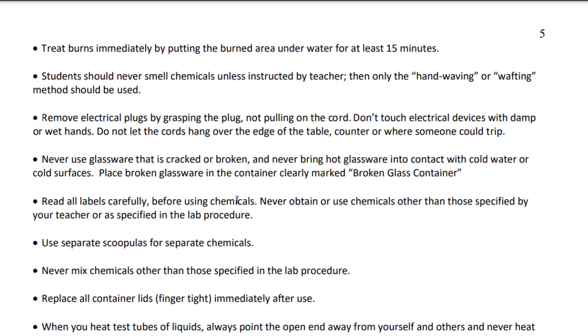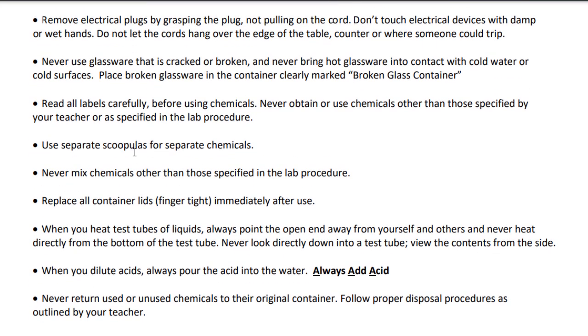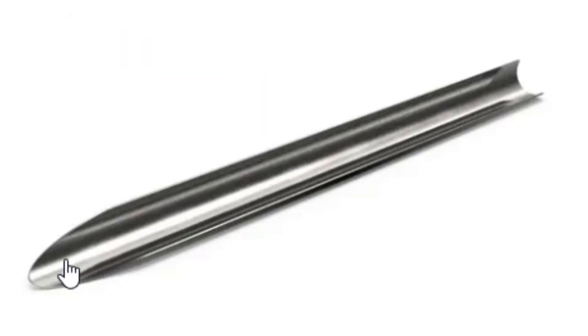Make sure you read things carefully. Don't take anything that you haven't been told to do in your lab. I'll show you what a scoopula is. I'll show you a picture of it. This is a scoopula. This little kind of a metal thing. It's about maybe 4 or 5 inches long, and it's what we use to pick up dry chemicals in the lab. So if you want to put it into a beaker and take it back to your station or whatever,